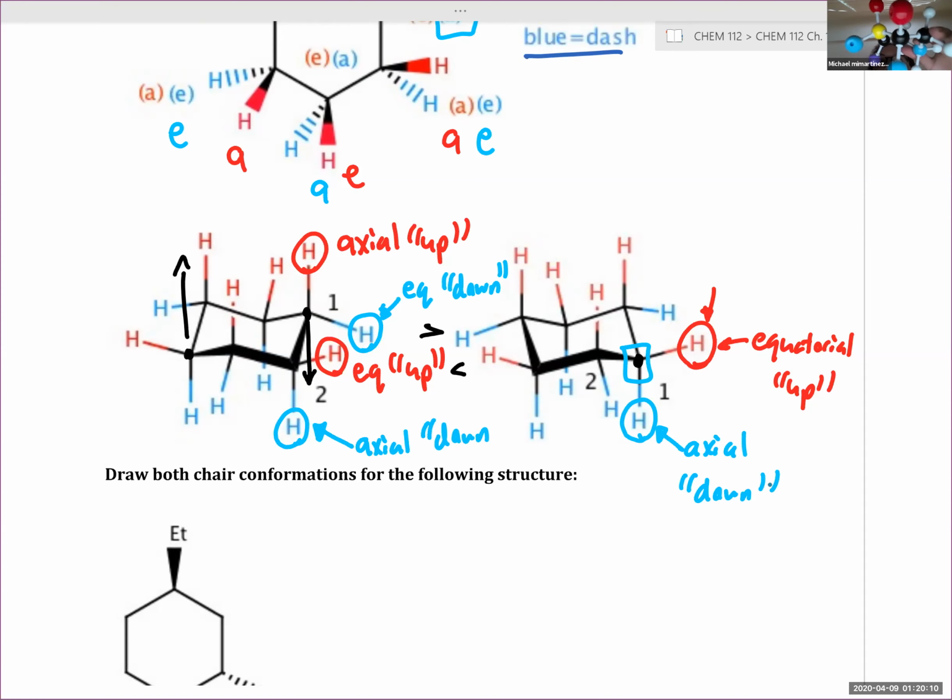Okay, so here's an example model. Here's our axial hydrogen in red. This is our wedge hydrogen. This is our dashed hydrogen in blue. Here's our second wedge hydrogen in red. Here's our second dashed hydrogen in blue. As we can see, the red wedge hydrogens are up, the dashed blue hydrogens are down. So this is the structure that we have on the left. Now when we undergo a ring flip,